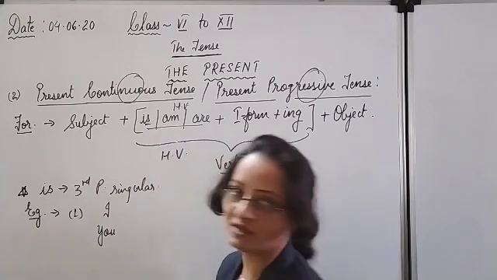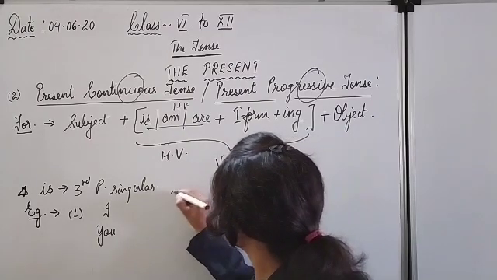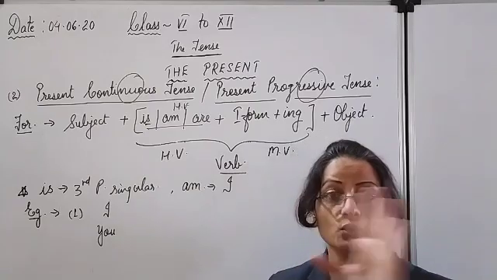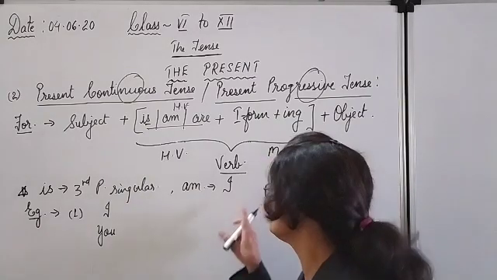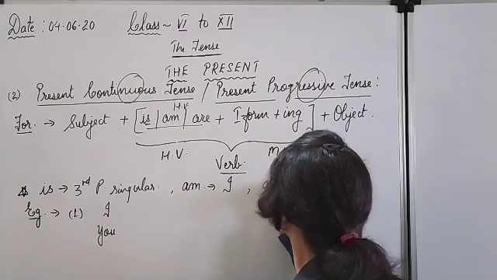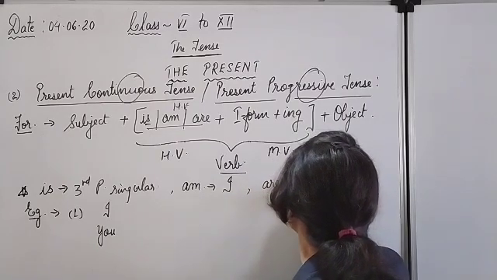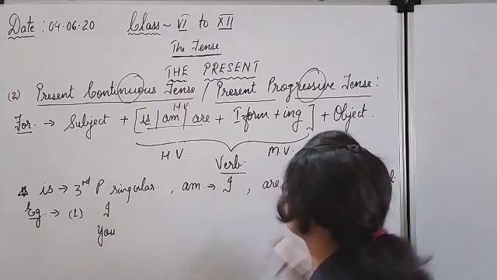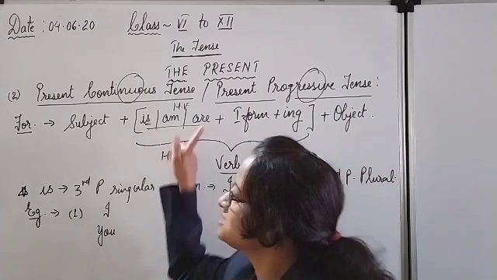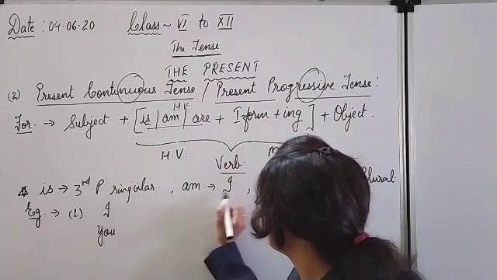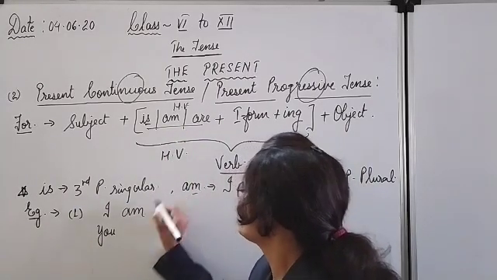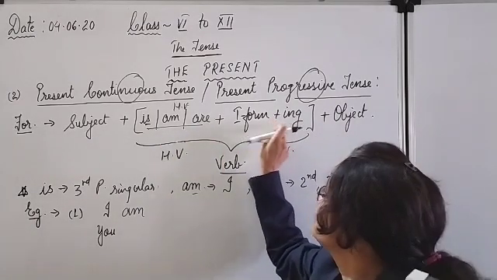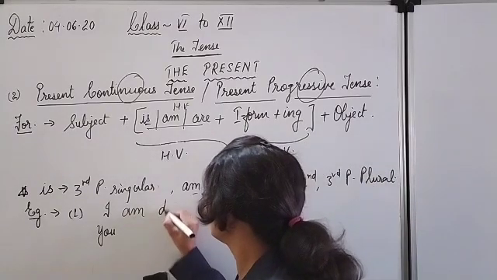With third person singular subjects. Am is fixed with I and I only. With no other subject in the world you can use am. Only with I. And are with the second person and with the third person plural subjects, more than one. These are the rules of using is, am and are. Like with I, what I have told you, am. Helping verb is used, then first form and main verb. Main verb we have drink. So drink, first form plus ing, drinking.